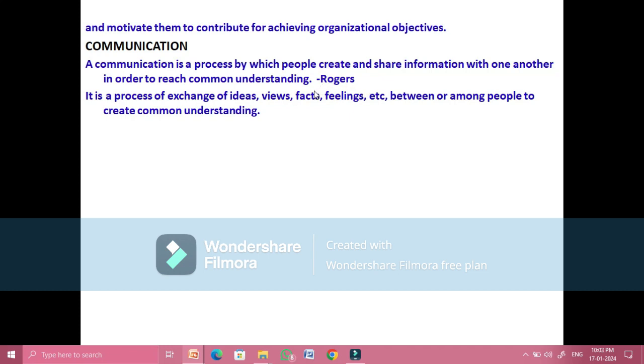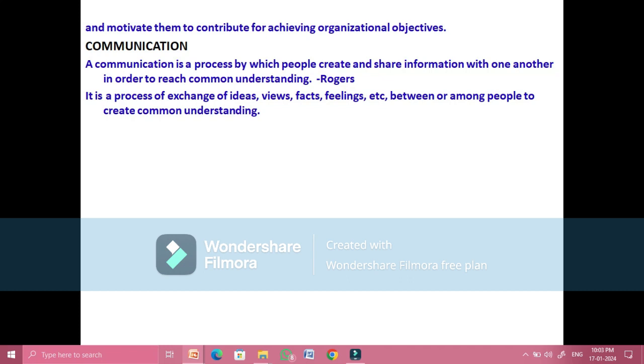Information is transferred from one person to another person, and under communication we will see that a sender and a receiver, two persons, will be involved. The purpose of communication in an organization is to send across any set of instructions, orders, or information related to the improvement of operational efficiency. That is the actual purpose of communication in an organization. Communication is essential for conveying the state of performance of the employees also, and the ways to improve them.